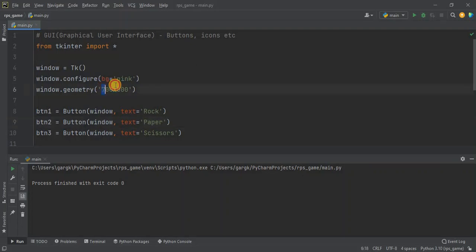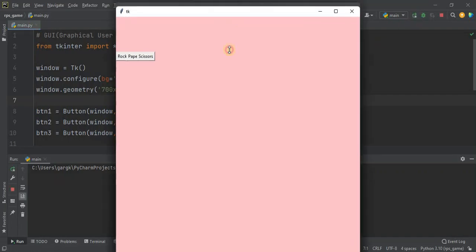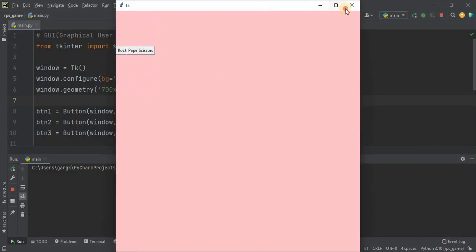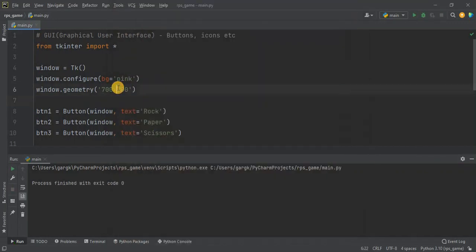So always remember, this is the width and this is the height. This means if I make this 700, the height of the window, this will look bigger. You can see it's way bigger. So this is the width and this is the height. I can change this to 500.